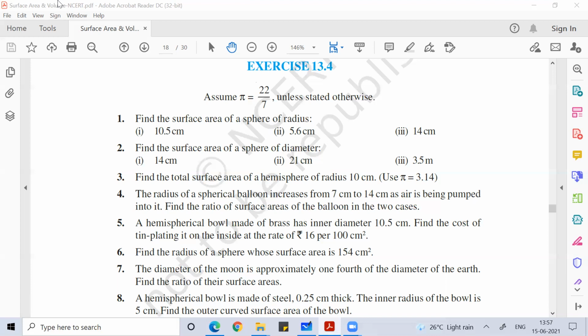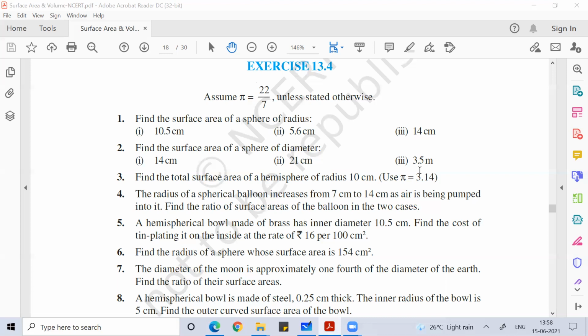Sir, it's centimeter only, no? मीटर लिखा हुआ है दोनों क्वेश्चन में. Oh, okay. So in my textbook, it's given centimeter. मुझे नहीं पता, this I downloaded from NCERT. So in my textbook, leave it.